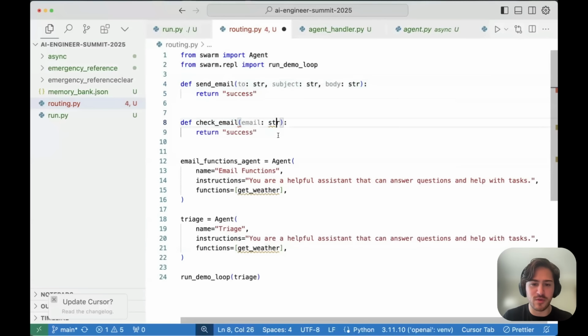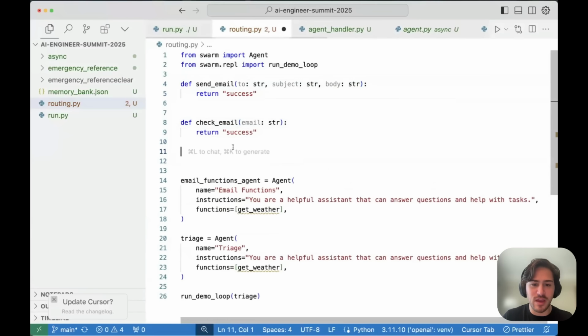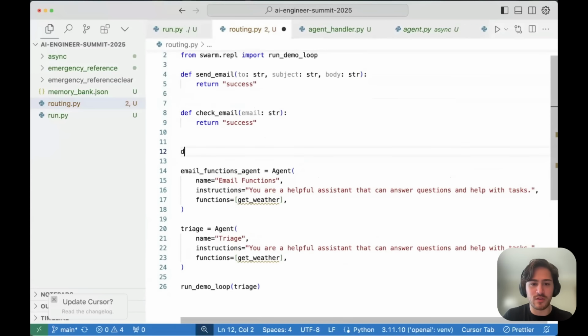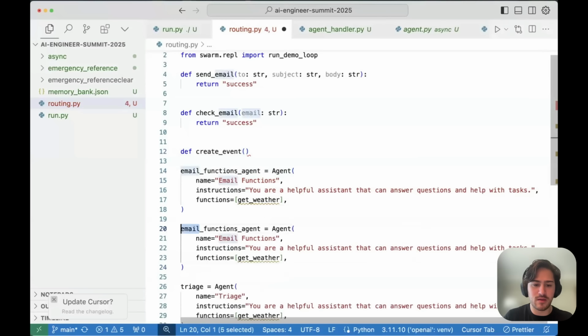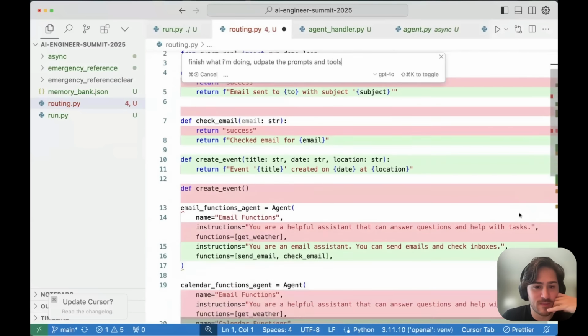I don't know, what else does Cursor want me to write? Not get weather. Cool, we have these two, and then maybe we have a calendar, with create event. I'm just going to say, finish what I'm doing, update the prompts and tools, because I'm lazy. So let's see what Cursor thinks.